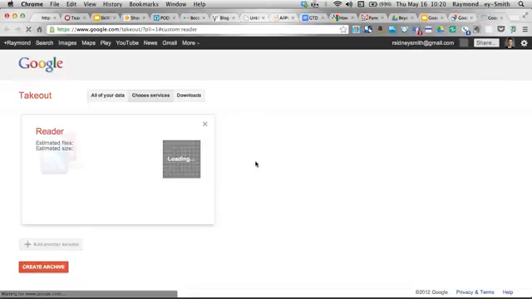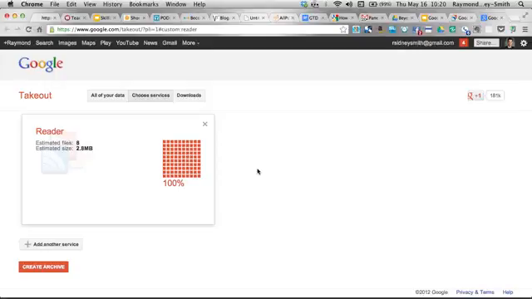So here what you can see is Google is estimating the size of my Reader files, and it's going to download a whole bunch of stuff associated with my Reader account, most of which I can't read. But some of it is important, like the XML file associated with my RSS feed subscriptions. Okay, so here it says, hey, you have an estimated file size. You have an estimated 8 files that we're going to download, and it's going to be about 2.8 megabytes of